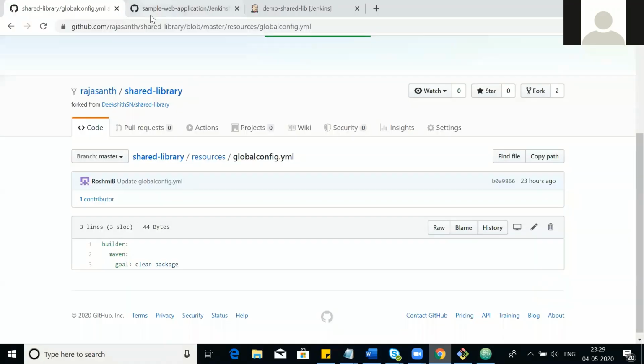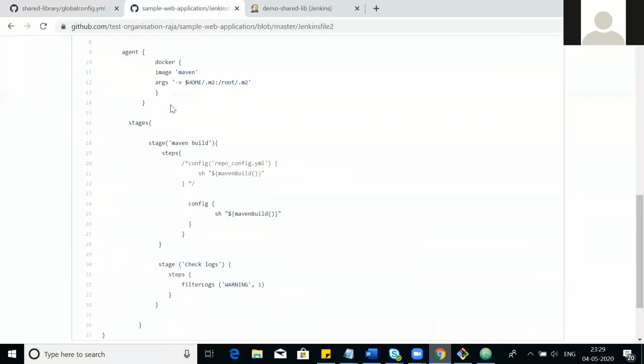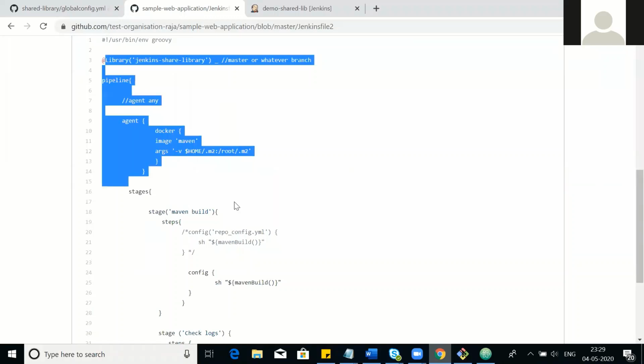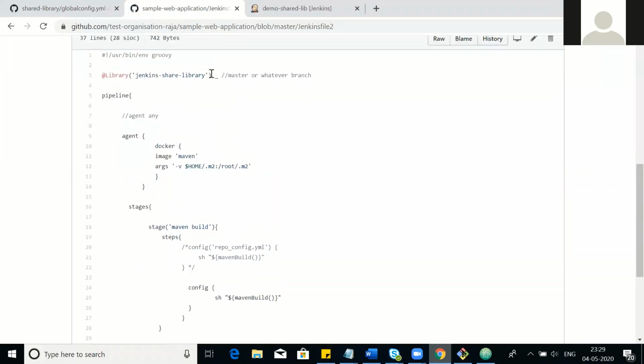So if you go across my pipeline, which I'm going to run, it is basically this one. To import a library, you have to use @Library and the library name. This can be any name, but the same as configured in the Jenkins shared library.